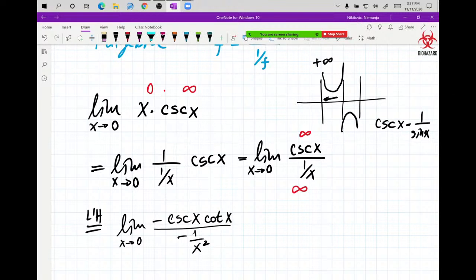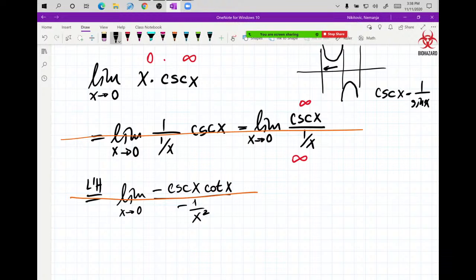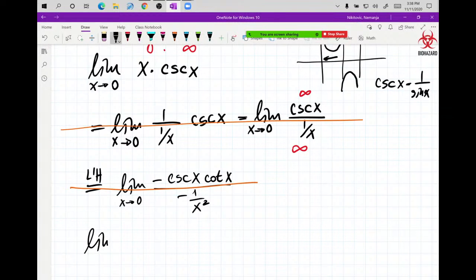You immediately abandon it and flip the other function. Because when we flipped x, it didn't help. It made the problem worse. So I'm going to just cross this out with, let's say, orange. There we go. I'm going to go back to my original problem, and I'll say limit x goes to 0